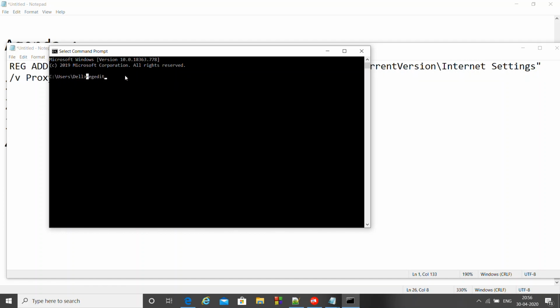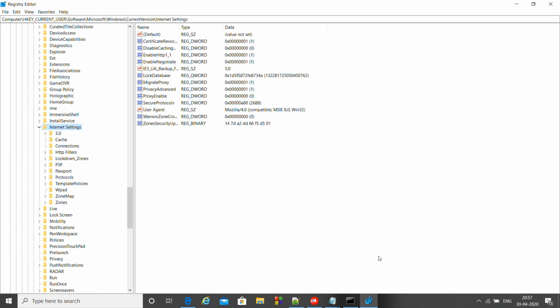You can see here, after triggering that command, this window will open. As you can see, this was the path that we entered in the command, and this ProxyEnable is the variable that we want to edit. This is the type of the registry, and this is the data. We'll close this.